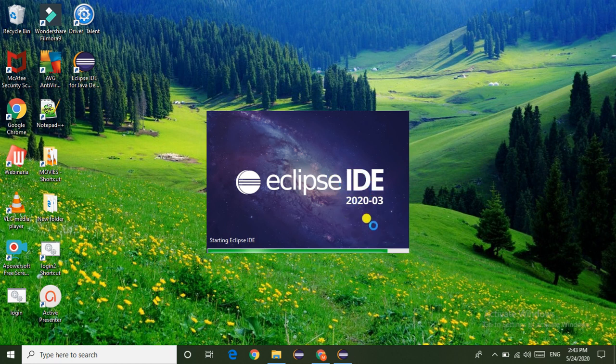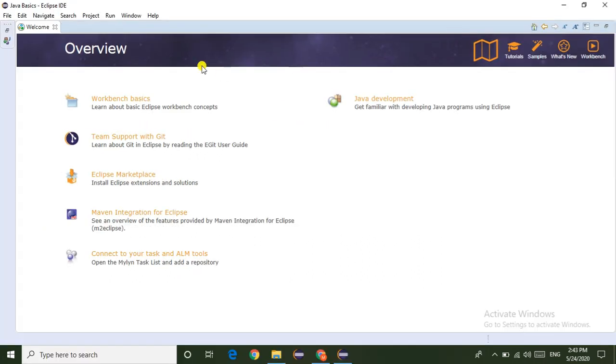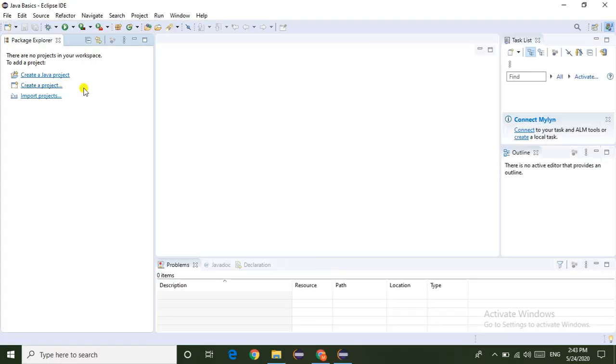It will take 20 to 30 seconds. Now Eclipse is launching. Just maximize the screen and close the welcome window.